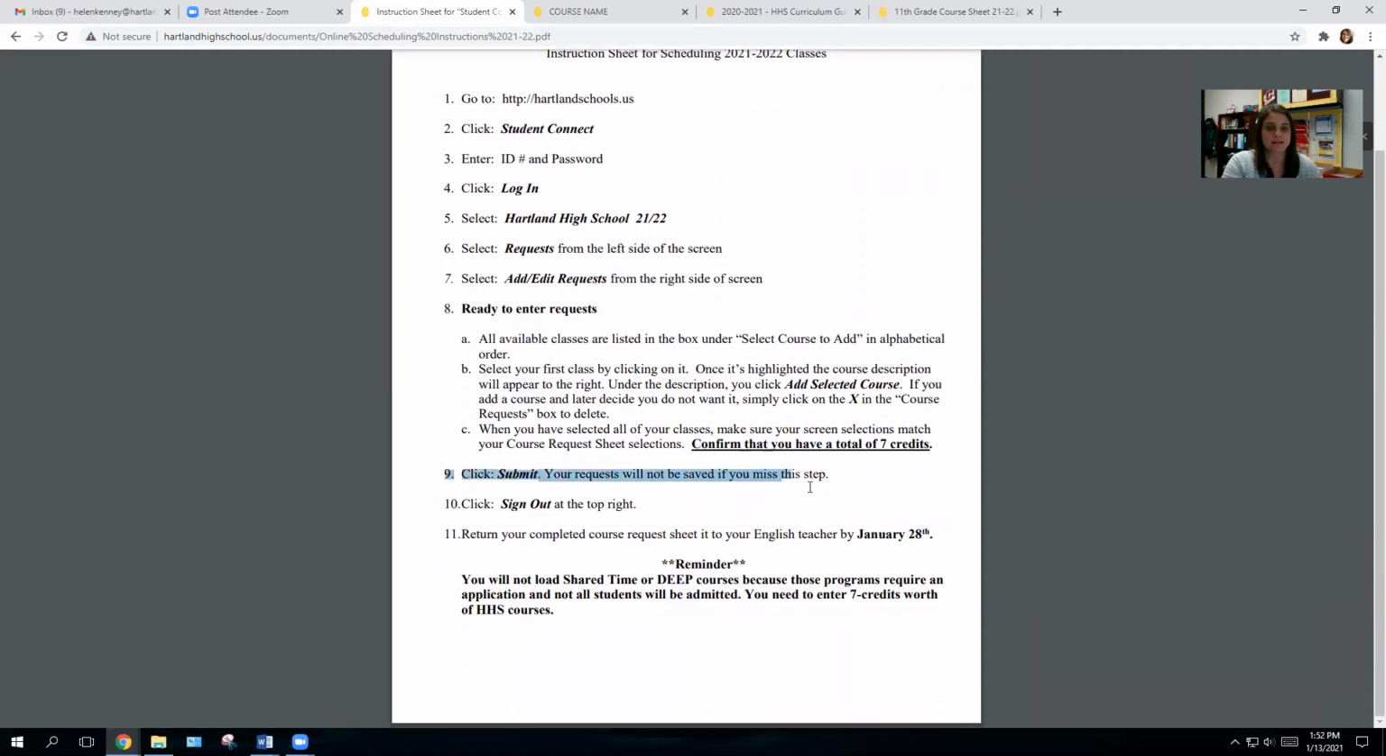Step 9 is to click submit. If you don't do that, they won't save. We have students who think that they've entered them, but you have to click submit, or else they just disappear. If you are intending to apply to a shared time program, I'll talk about this next, you do not put your shared time program